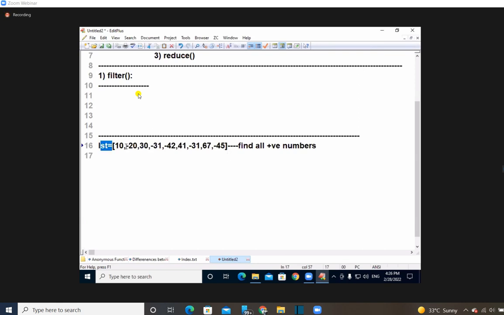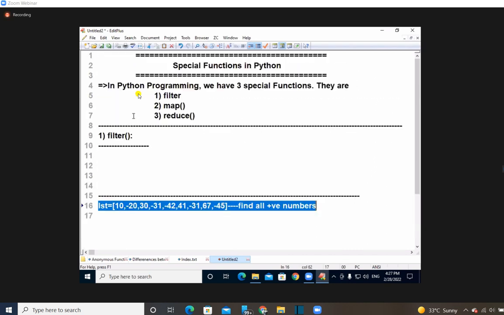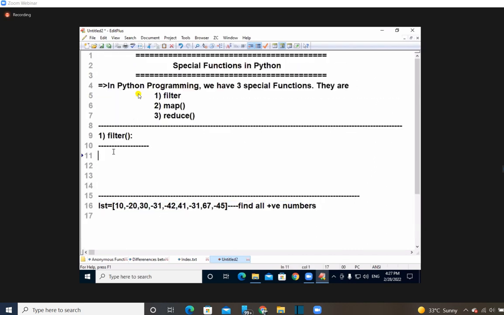So how do we do this kind of operation? In normal Python programming, I have tried some lengthy coding. But when you go to the filter function, it does some of the internal operations automatically. So let me write it. I'm going to write the first statement: what is the purpose of this function? Filter function. So first statement, filter function is used for